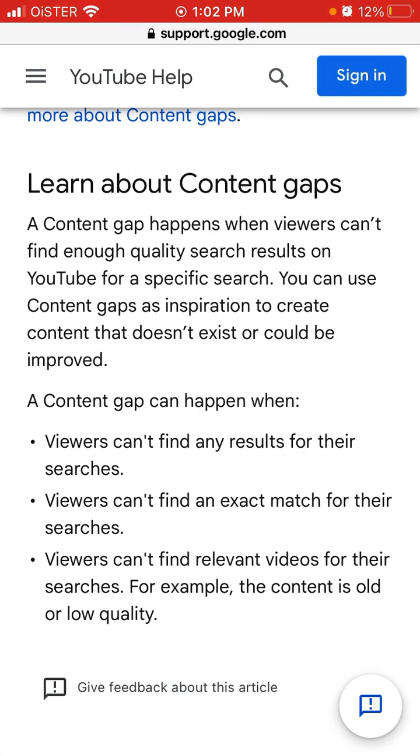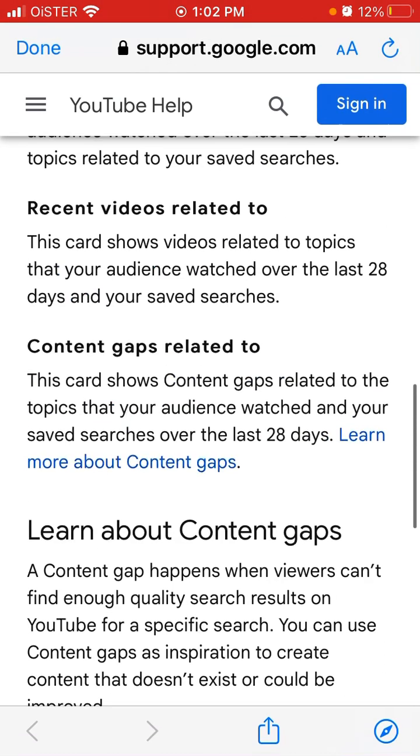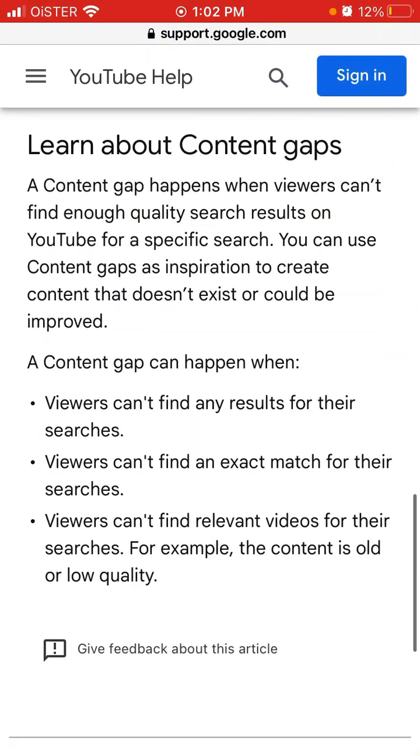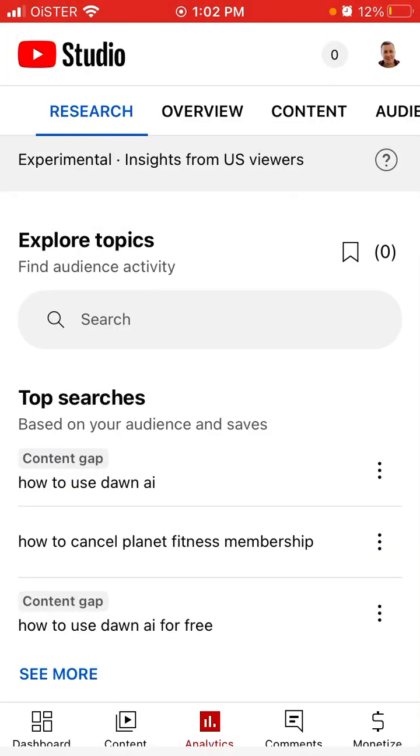So for example, a content gap can happen when viewers can't find any results for their searches, viewers can't find an exact match, or viewers can't find relevant videos. For example, content is too old or low quality. So anyhow, this is a super powerful feature, especially for YouTube SEO, and it's provided directly by Google, by